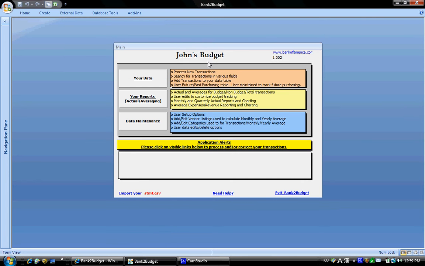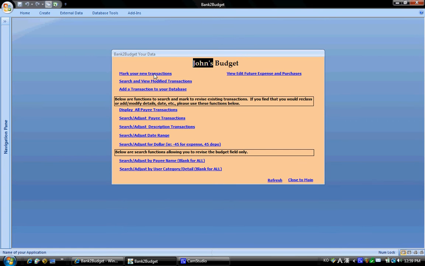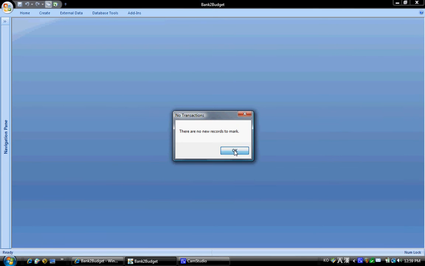Okay, once again, this is John's budget. You'll have three areas. The first area is this demo here, which is called Your Data. On the very top section, you have some links here that will allow you to quickly go in and view your transactions that are outstanding. John and his family don't have any outstanding transactions, so you'll see that it tells you that there are no